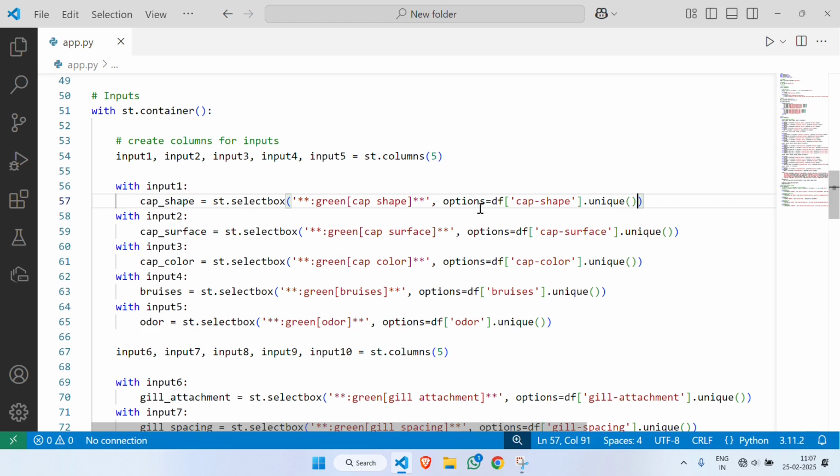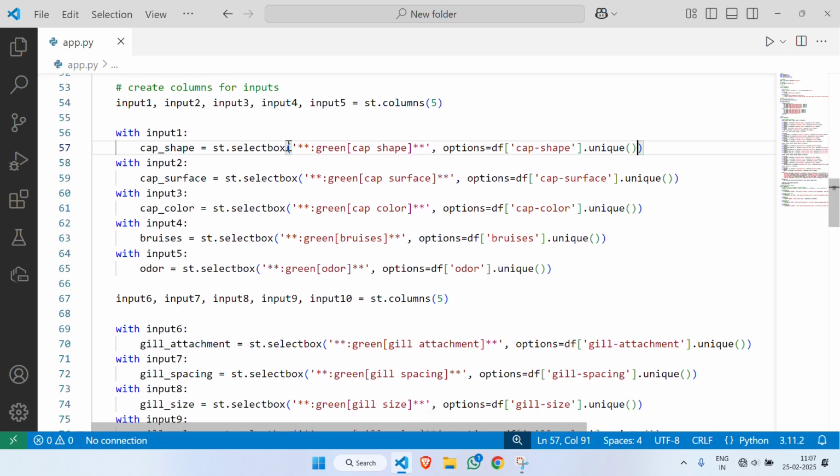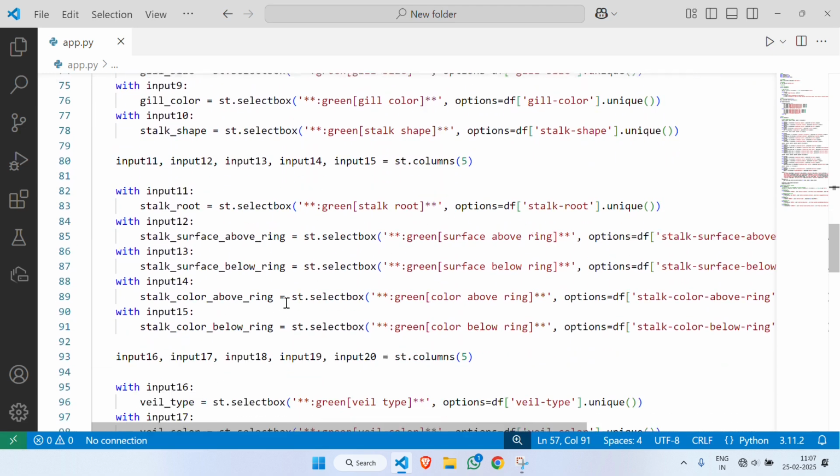To get the options I am using the unique method applied to the column. I am doing the same for each column available in the data frame or required by the model. After doing that for all the columns,